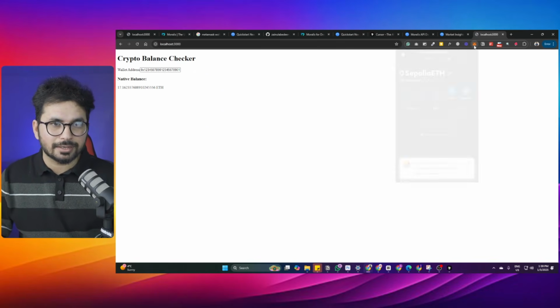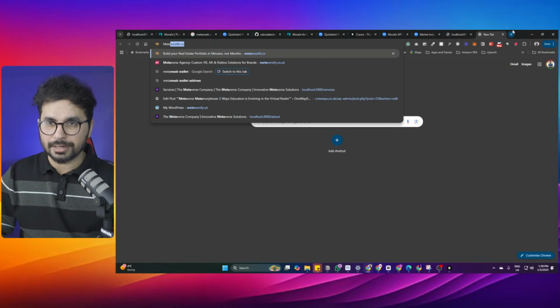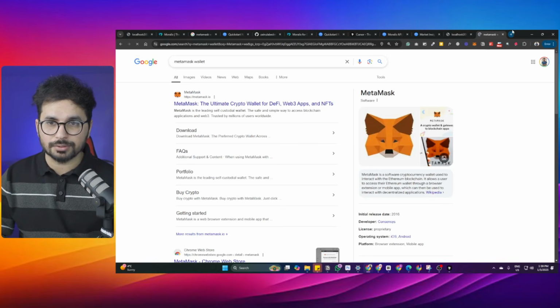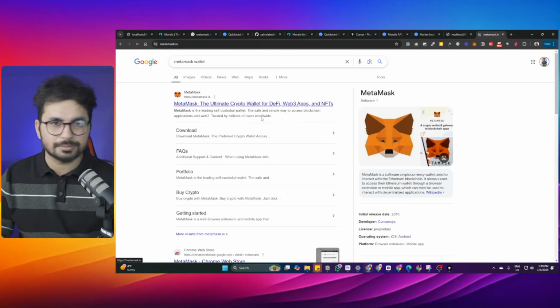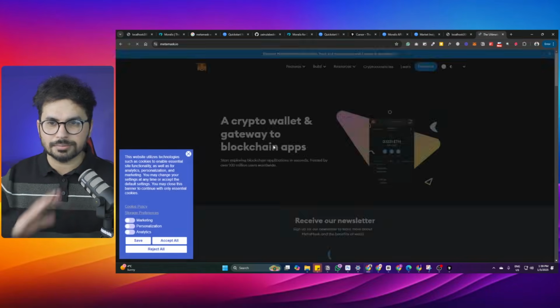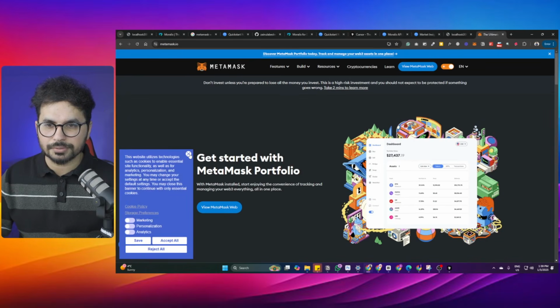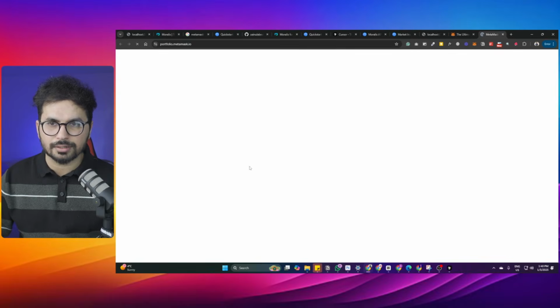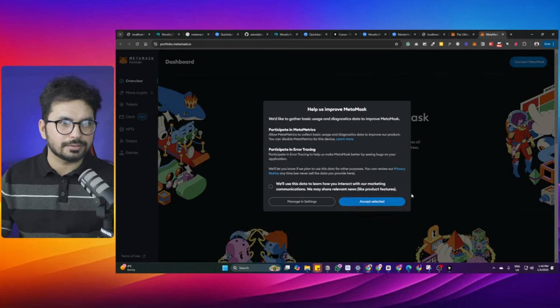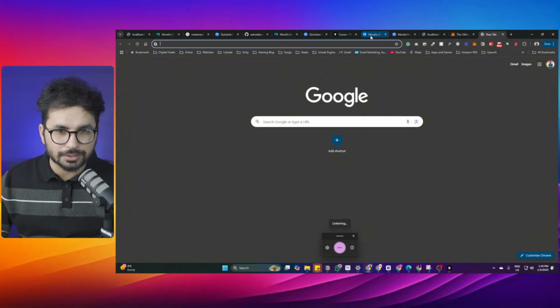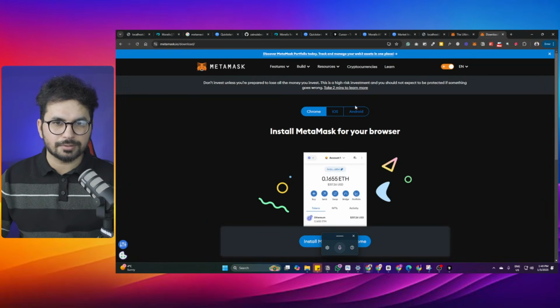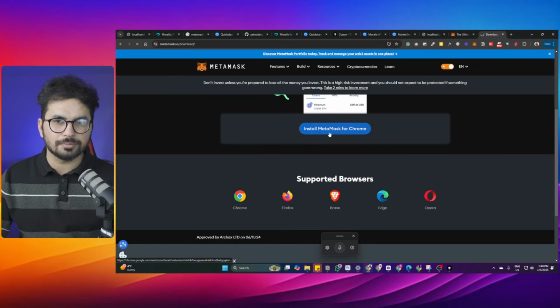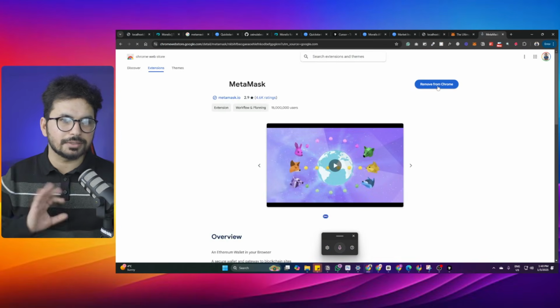How can you sign up for that? Simply go to Google and look for MetaMask wallet, then open it. Next, you can install it into your Chrome. Click on web, and hold on, not this one. Just get the MetaMask wallet Chrome extension. So this is the MetaMask wallet. Click on install MetaMask for Chrome, and it will install